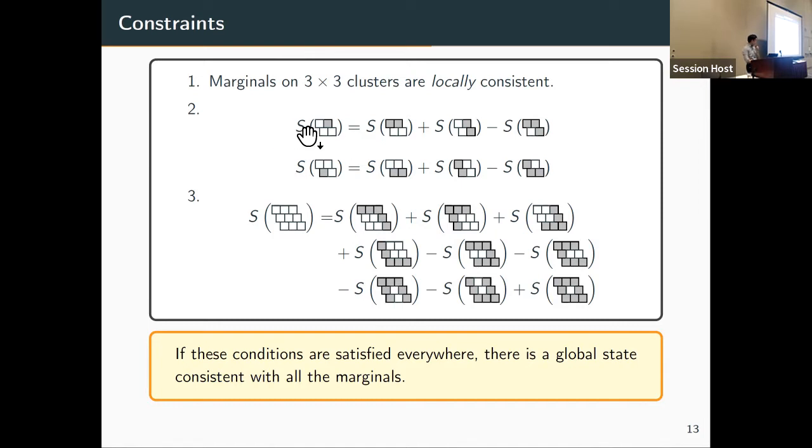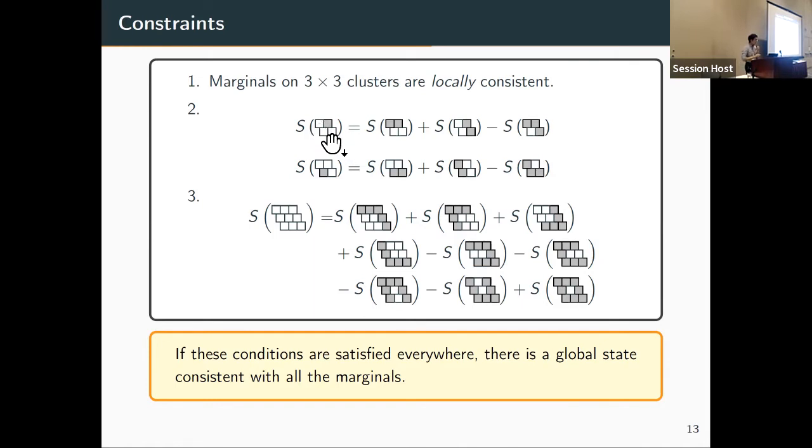First of all, S means that it's the von Neumann entropy. That means whatever is in the parenthesis is a density matrix. So what does this diagram mean? We have a 3x3 cluster, and we have a reduced density matrix on that cluster. And what I'm doing here is that if you see a gray square, I'm taking a partial trace on that particular subsystem. So here you start with a density matrix on a 4-site type density matrix, and you're taking a partial trace on this gray square. What remains is a tripartite density matrix over these 3 squares.